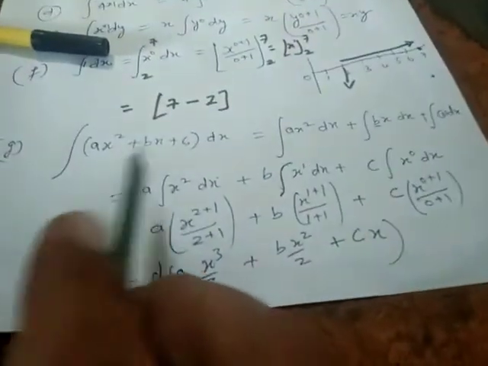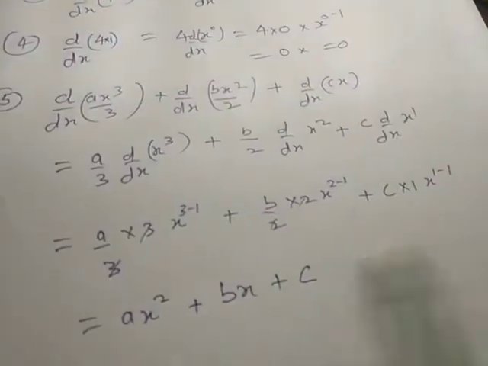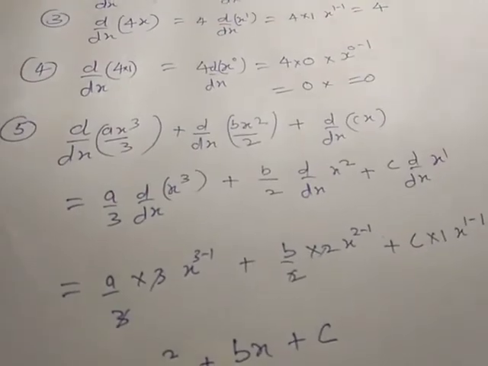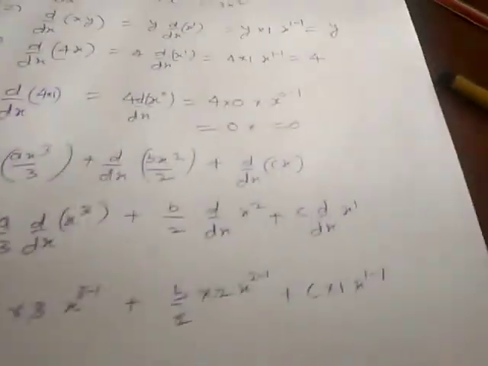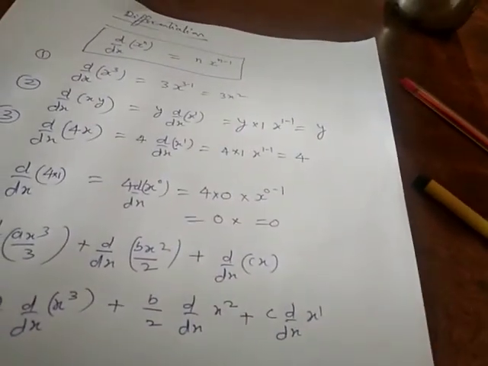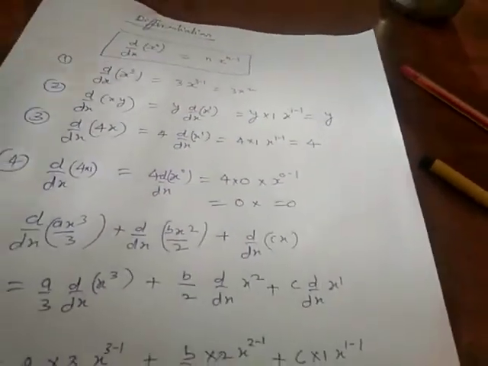This means that first we did the integration, this was the answer, and then we did the differentiation, and the same is the answer. If we do integration first and then differentiation, the same quantity will be there. In the next video I will explain the equations of linear motion. Thank you.